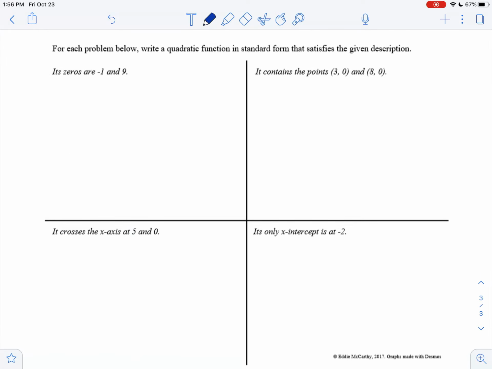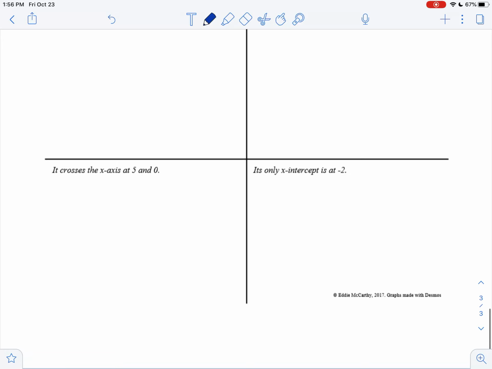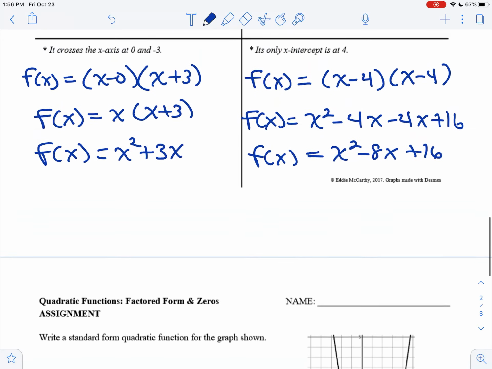All right, your assignment is to do what we just did, to write an equation for a graph and then